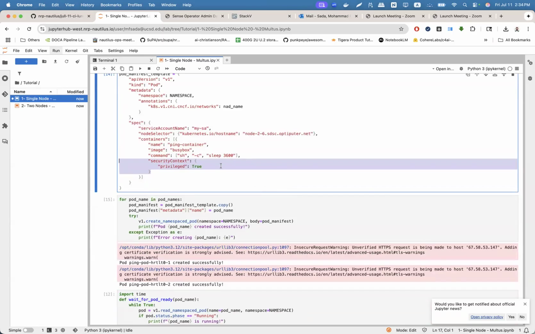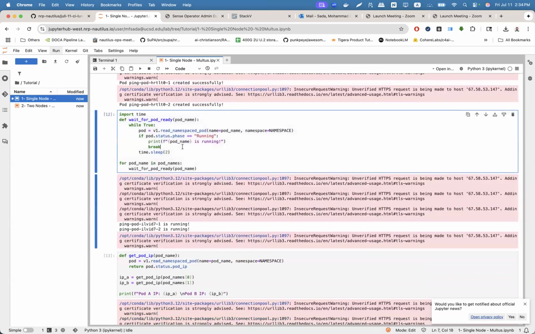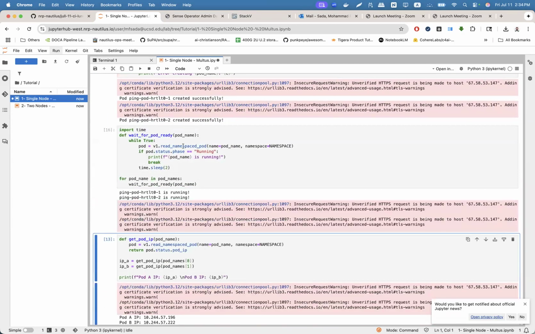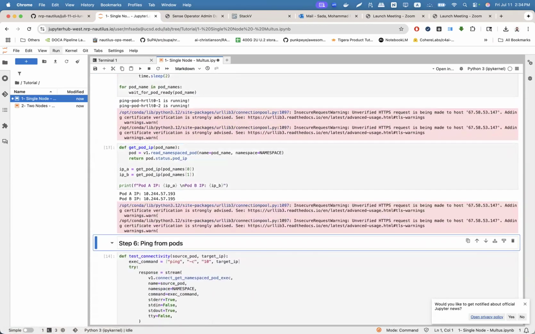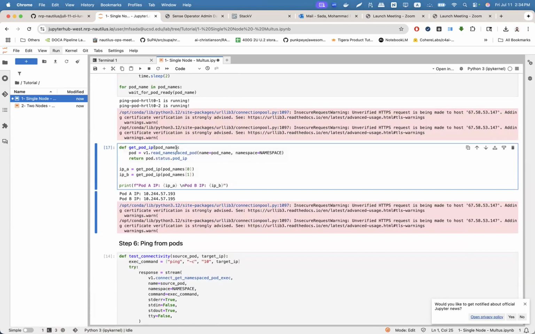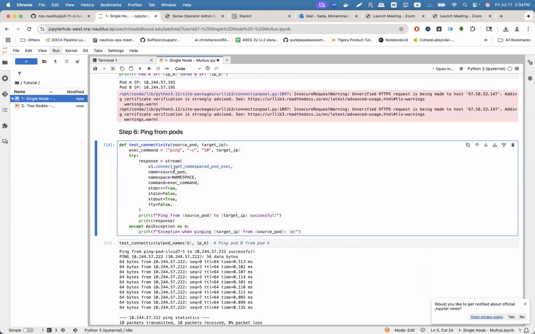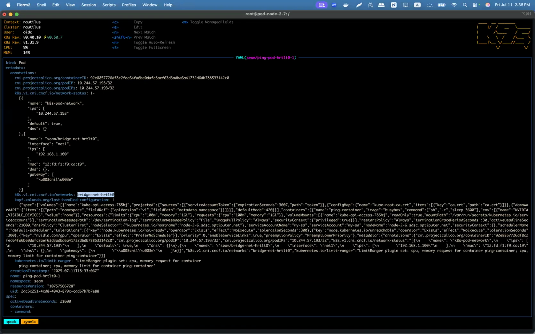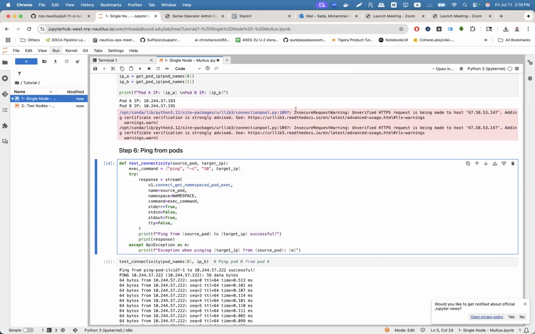But for following this notebook, since we're using the service account, you can reproduce this experiment and run it in the same namespace. Of course, you can see we created the pods successfully. Sorry, and this cell is just to wait until they're running before running the other commands. This cell is just grabbing the IP addresses. Of course, we can see here pod 1, pod IP, you can get the IP here and the IP here.